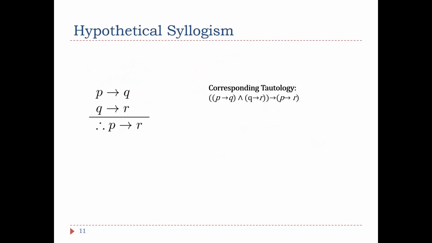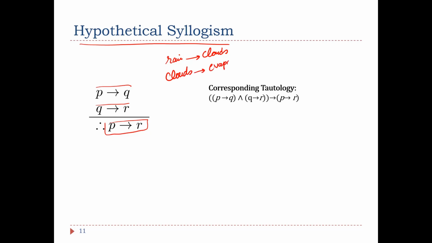Let's check another argument form, or another inference rule form. It's called the hypothetical syllogism, or the transitive implication. Whenever you have P implies Q and Q implies R, then you can conclude that P implies R. So if for rain to take place you need clouds, and for the clouds to form you need evaporation,